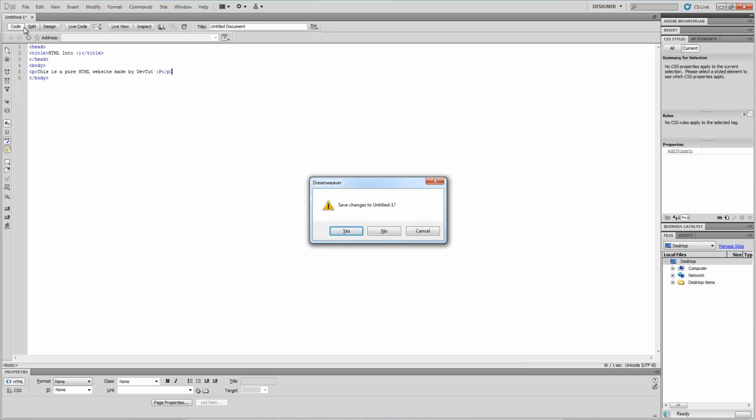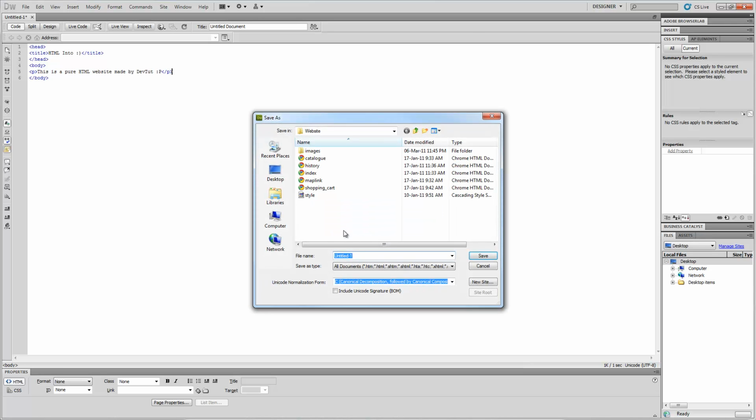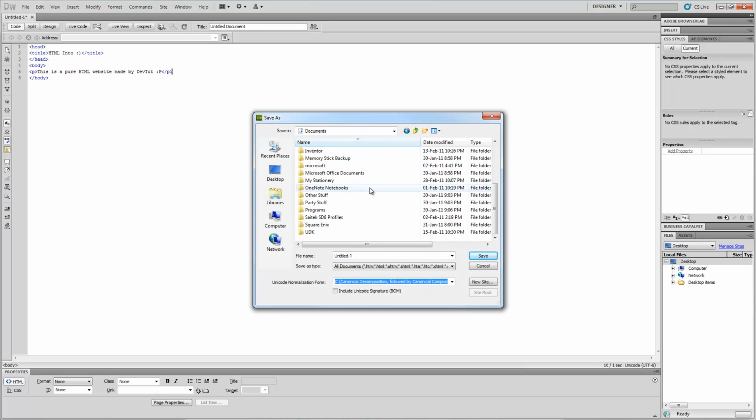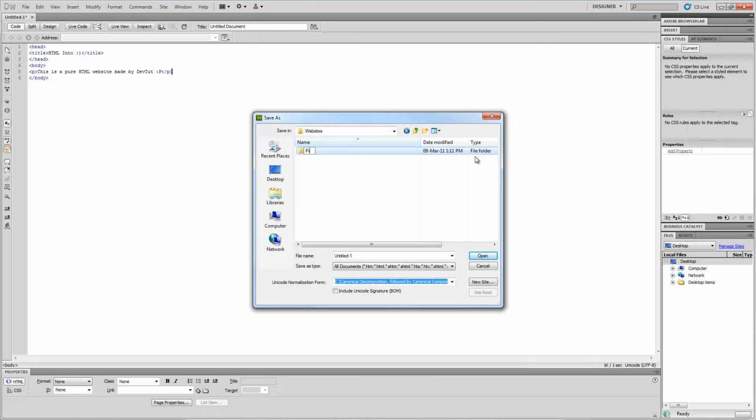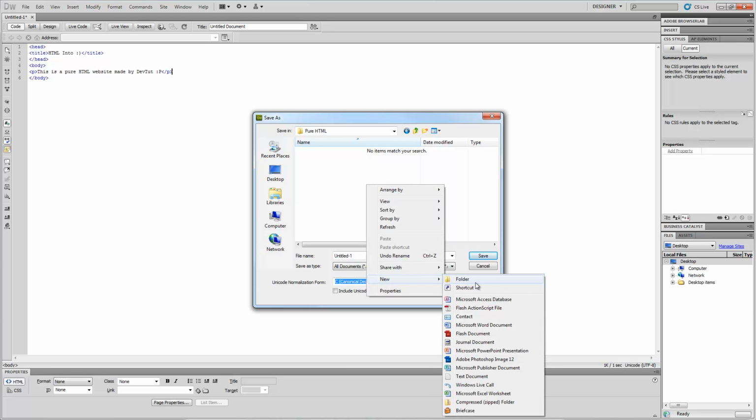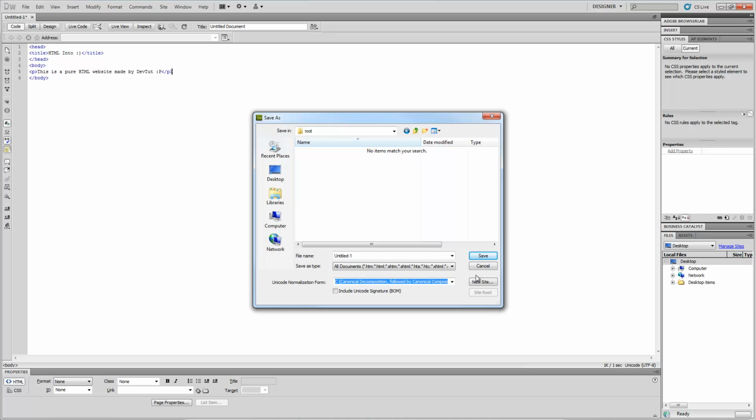So we hit F12. We can now save changes to that, and we're going to make a new folder. I'm going to call it websites, go into there, make another one called pure HTML, go in there, create another folder, call it root, and here you always want to call your home page index, and then it will automatically save it as whatever file type you're working in. At the moment we're working with HTML, so it will save as an index.html file. So you can click save, and then that'll open up our